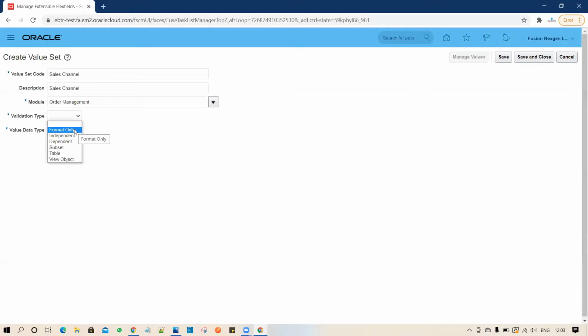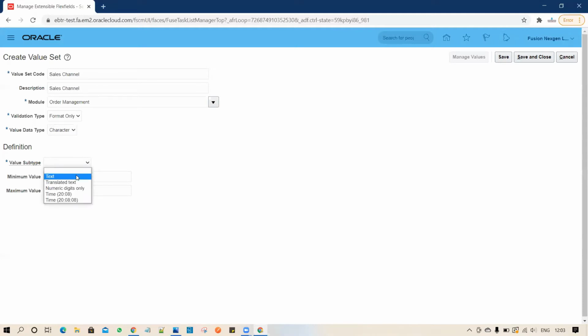Based on your criteria, you can select whether the value set is relevant to inventory or order management or procurement, etc. Now I selected it here, and I want to make it free text, so I'm selecting the data type as character, then the subtype as text, and then the maximum length.